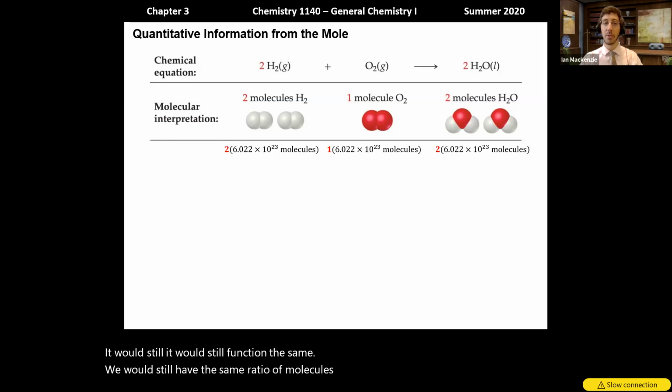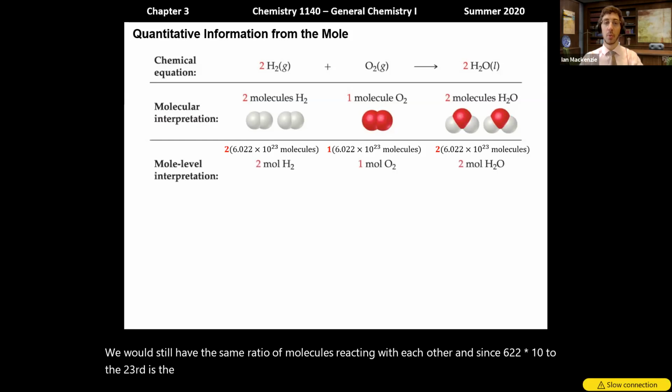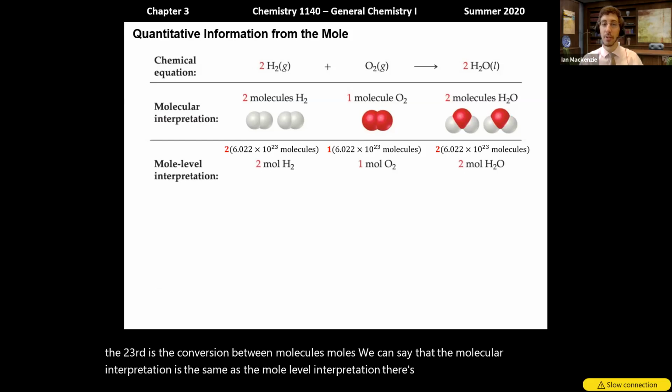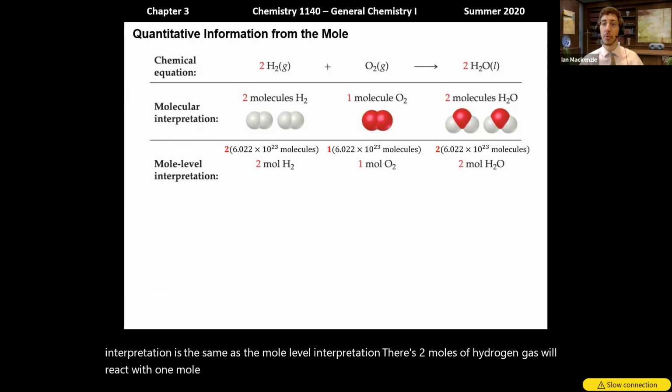And since 6.022 times 10 to the 23rd is the conversion between molecules and moles, the molecular interpretation is the same as the mole level interpretation. 2 moles of hydrogen gas will react with 1 mole of oxygen gas to generate 2 moles of water, in this case liquid water